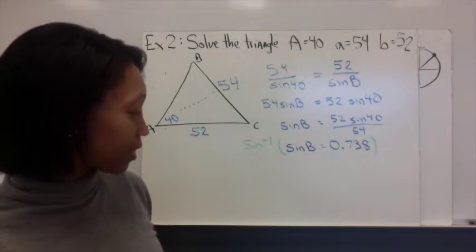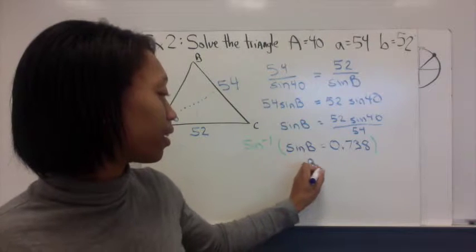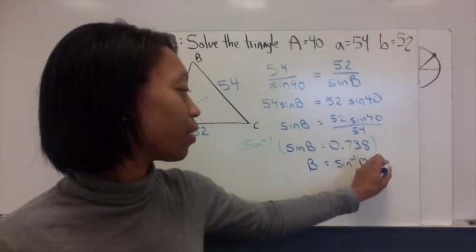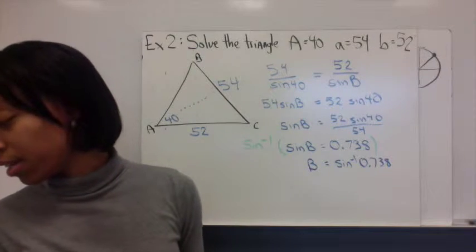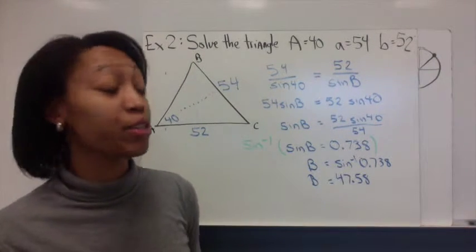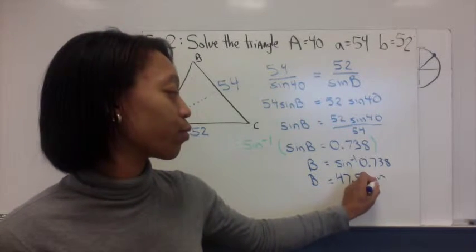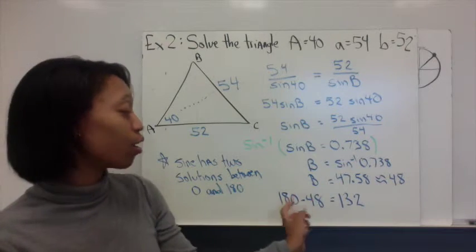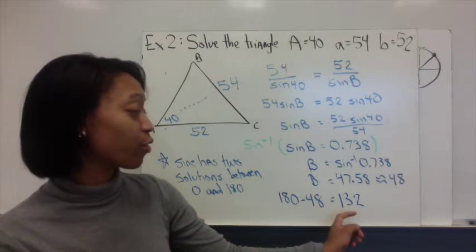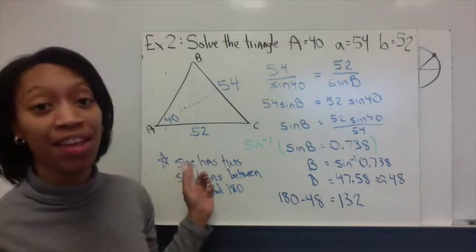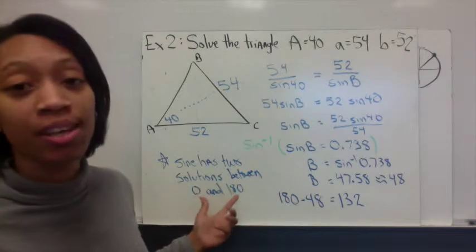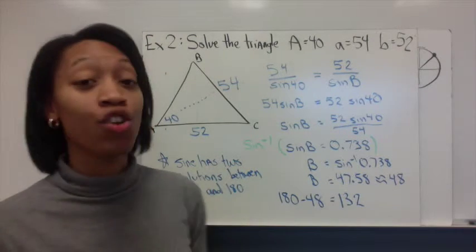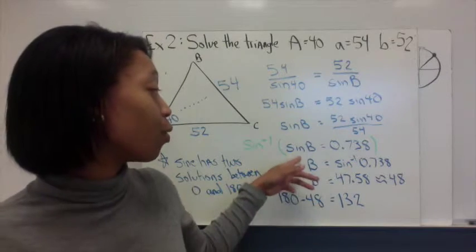The inverse sine of the sine cancels out to give me b equals the inverse sine of 0.738, which happens to be, or if we round to the nearest degree, let's just say b equals 48. So that means that angle B could be 48 or 180 minus 48, 132. This is a very surprising thing, that sine would have two solutions between 0 and 180. So let's take a minute to pause this problem and talk about how to solve when we have sine,